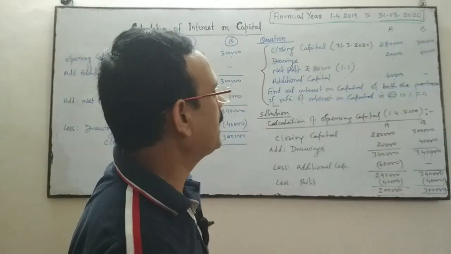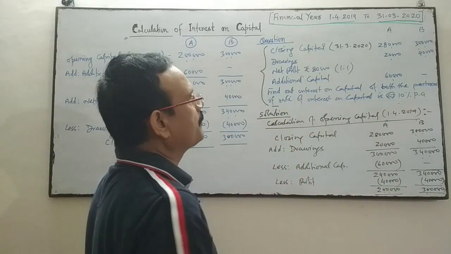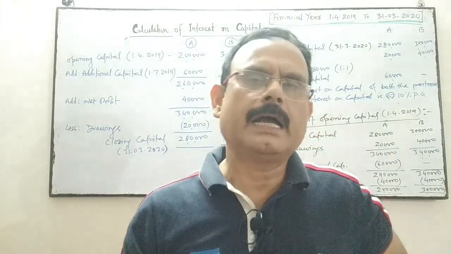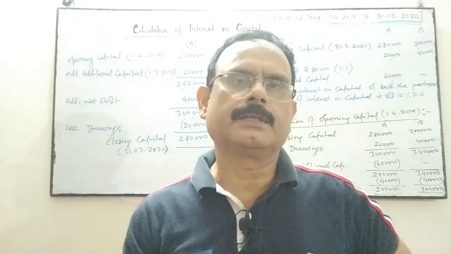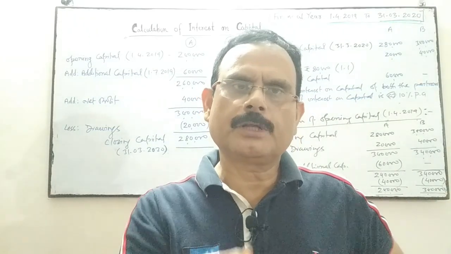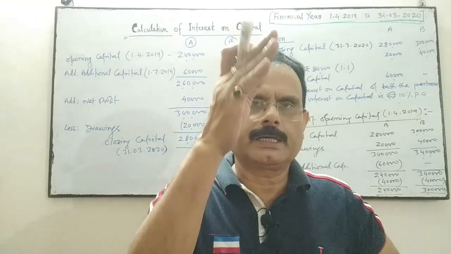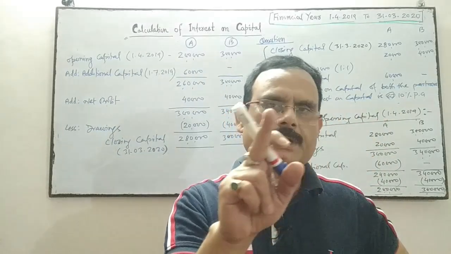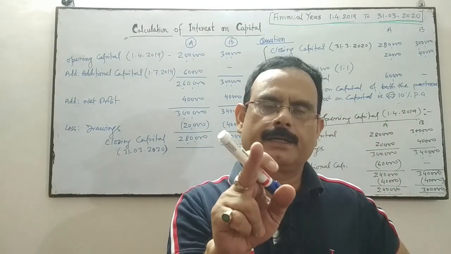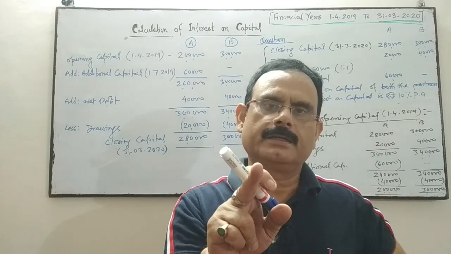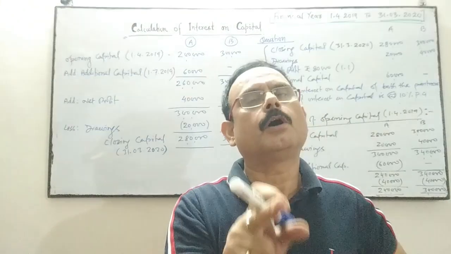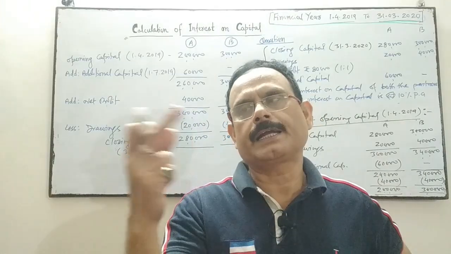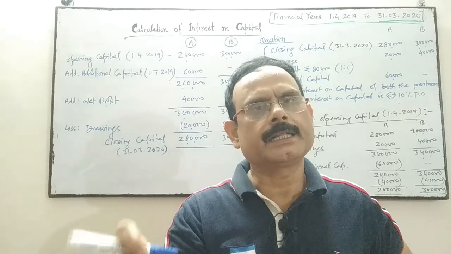10% per annum. So first of all, if the closing capital is given, then we will find out the opening capital. As we discussed in class 11th financial statements, come to the balance sheet side. When we are calculating the closing capital on the liability side of the balance sheet, we start with the opening capital, then we add net profit, then we add additional capital, less drawings, or if there is any net loss, then net loss is deducted, and the final amount we write in the outer column. That final amount indicates the closing capital.